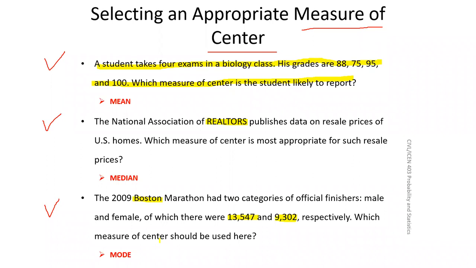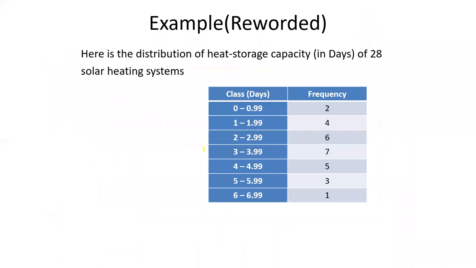You can google it, search for mean, median, mode questions, and you can get more examples like this. Okay, so that's it. This is another example given. You can find all these things, mean, median, mode, on this example. Again, you see the classes as well as the frequency is given to you, right? So it's a frequency distribution, so you can calculate mean, median, mode and see whether you understood it or not.